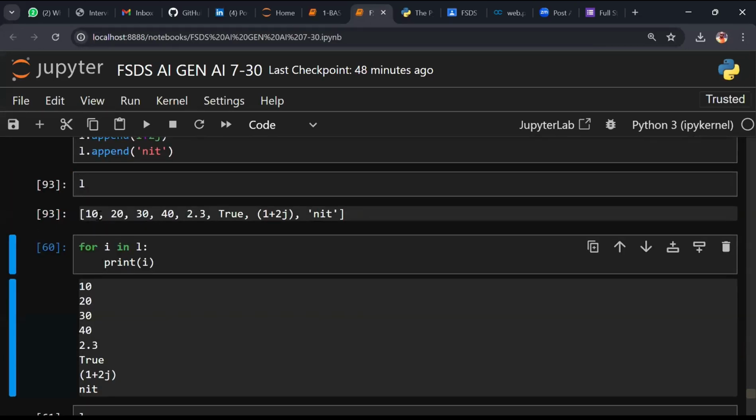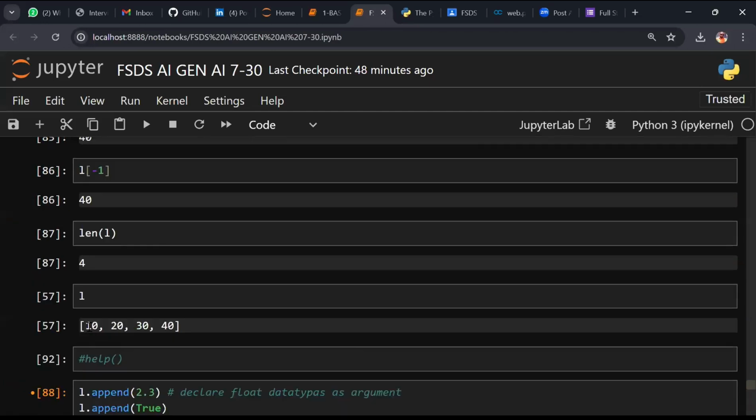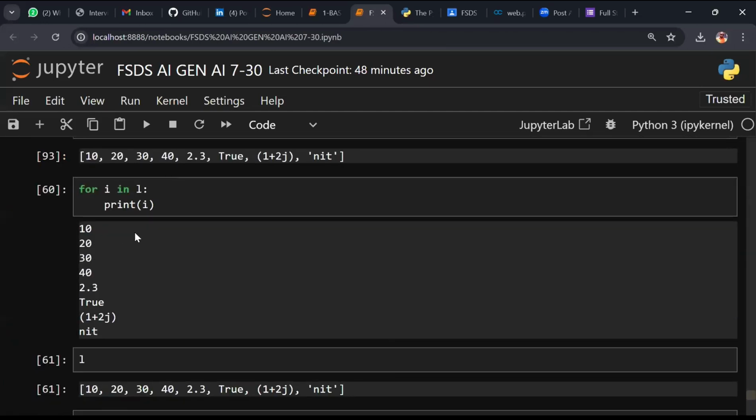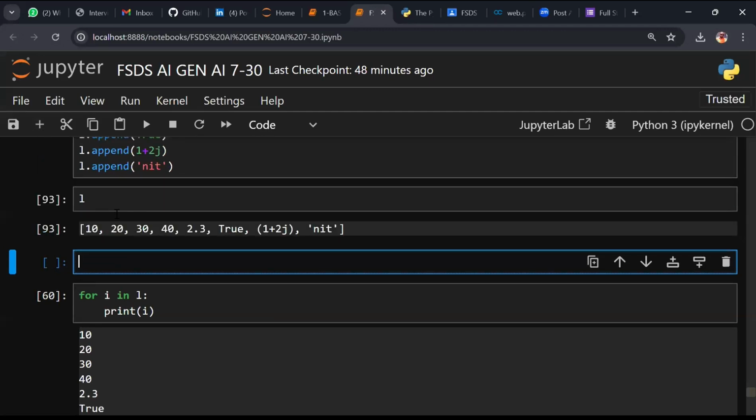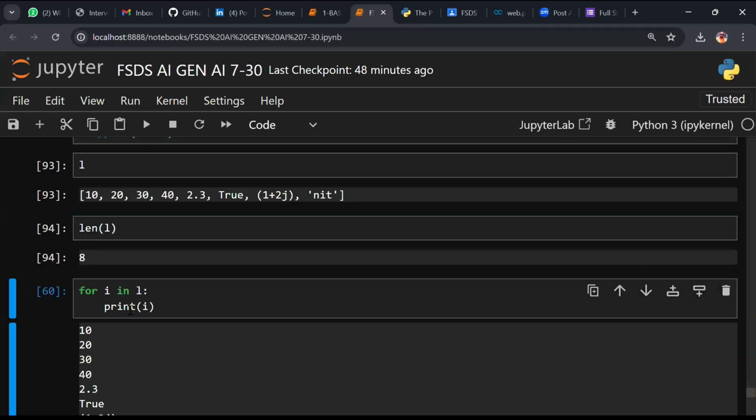Now let's go to whether a list is growable or not. Earlier, we had 4 elements. Now I have 1, 2, 3, 4, but there's an interview question: how do you count how many elements you have in a list? Which code? Which function? The length function of L. How many elements do we have? 8 elements. Pretty clear.